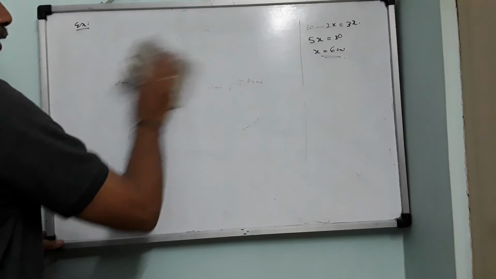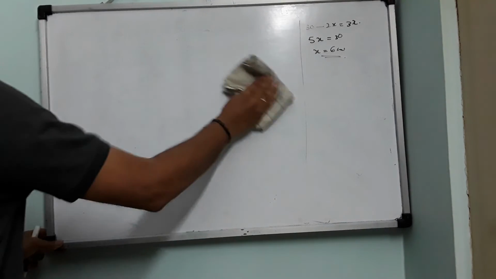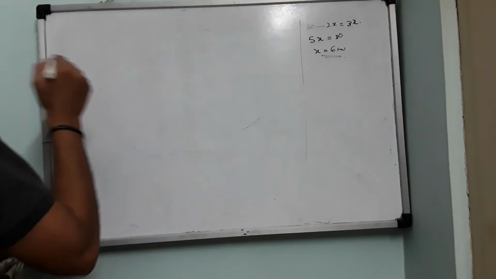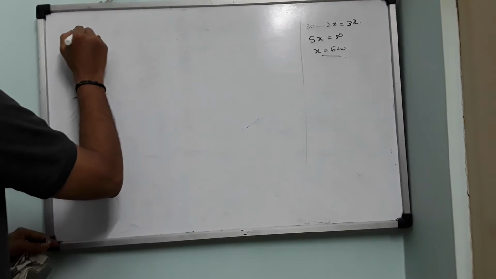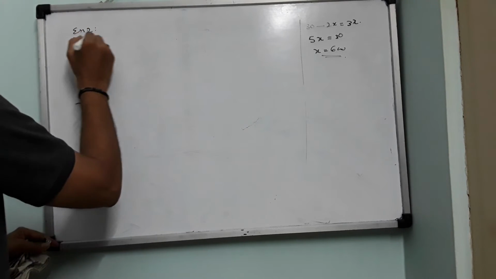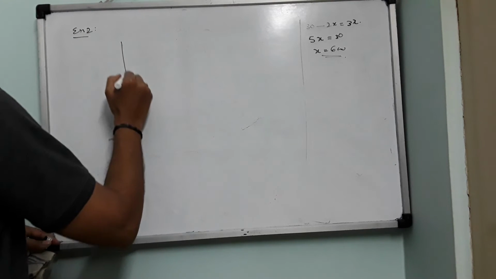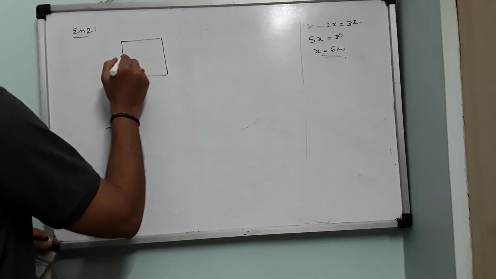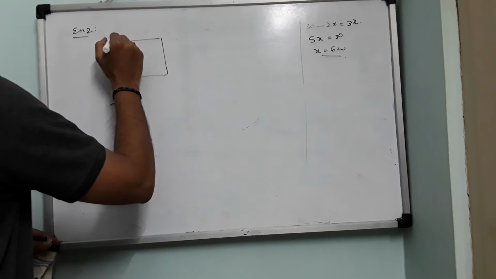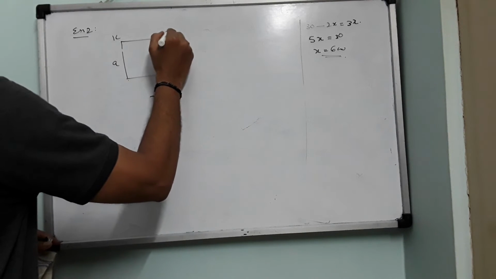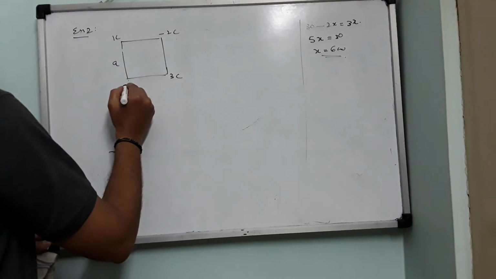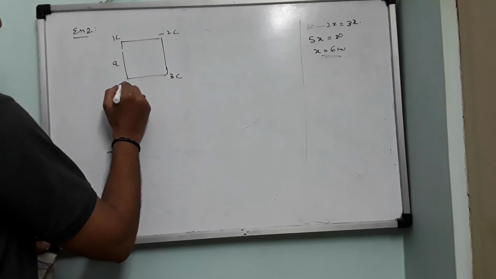And another example I will give you, second example. Example 2: you have a square of side A, here you have 1 coulomb charge, here you have minus 2 coulomb charge, here 3 coulomb charge, and here minus 2 coulomb charge.